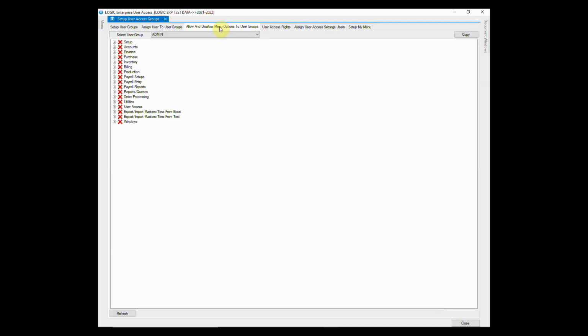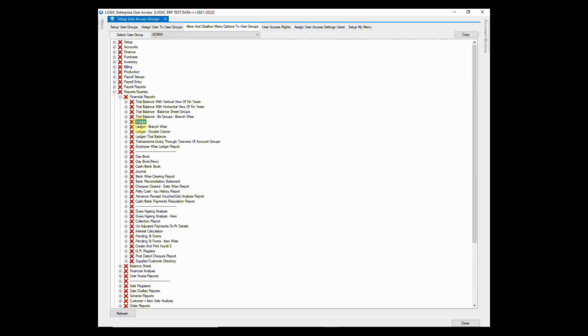The third tab is used to grant rights to different user groups. Select the group to which rights are to be given and click on Refresh. Since this is the admin group, we are granting the right to view reports to this group.